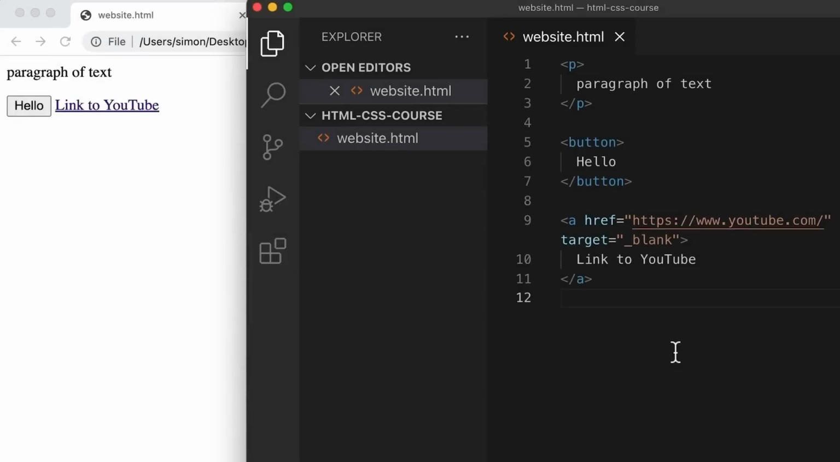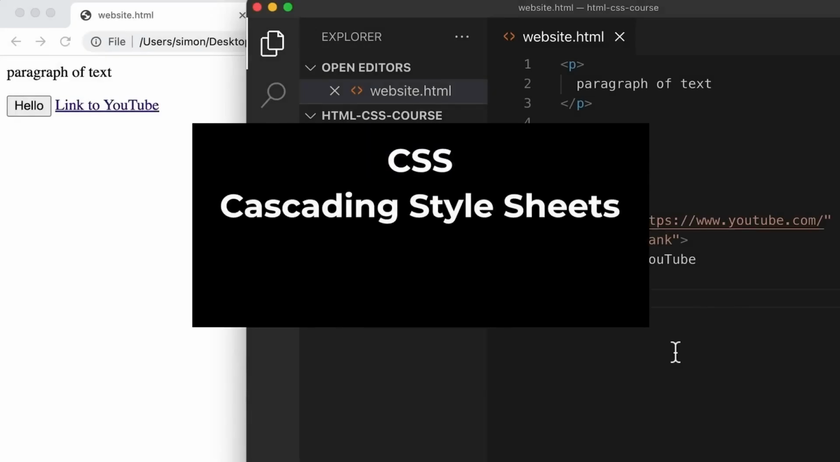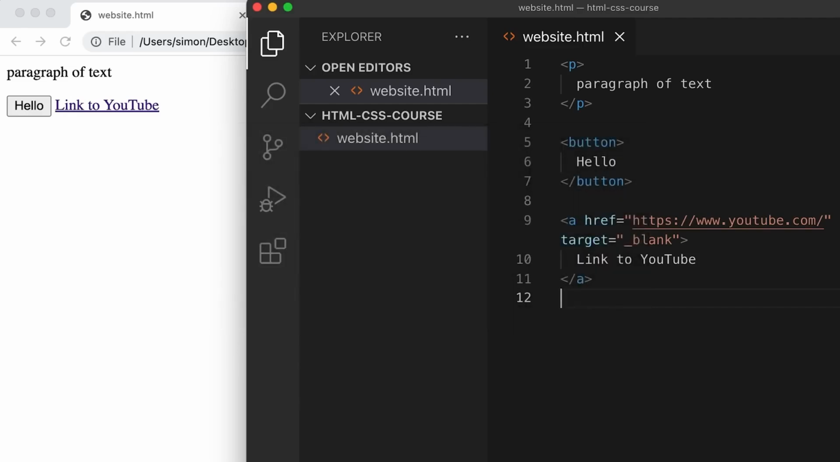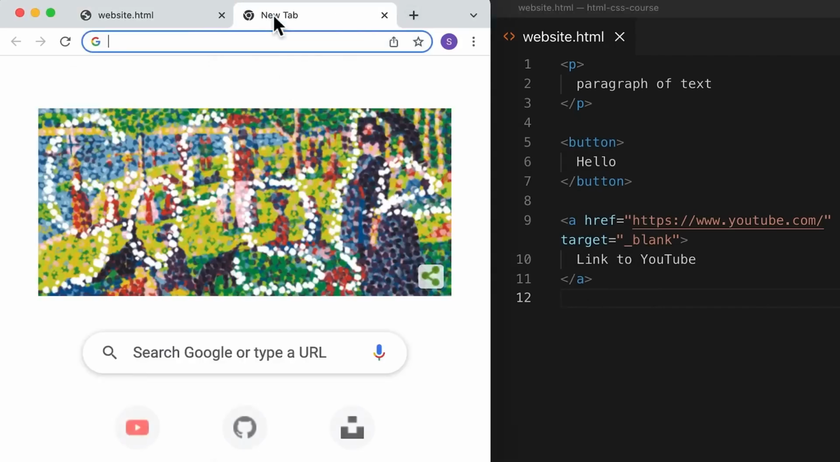In this lesson, we're going to learn CSS, or Cascading Style Sheets. Based on the name, it's used to style our web page. So it's used to change the appearance of our HTML elements. So I've actually prepared a project that we can do in this lesson. So we're going to open this project by going to